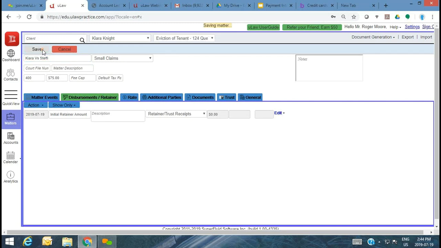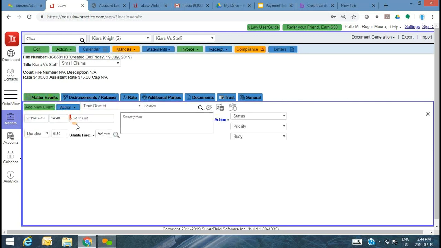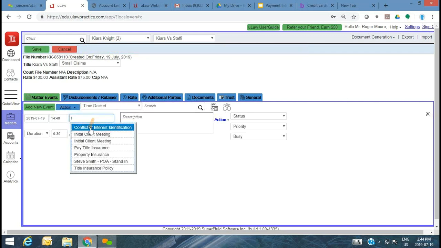For the same client, Kiara, just for the purposes of today's demo. So this is another matter. And let's assume for the purposes of demo again that there is no retainer involved, because some legal firms, for all the right reasons, don't necessarily have a trust account, or for this particular matter, maybe they don't want to take that retainer out. And let's assume you're just going to start docketing, put in the effort, generate the invoice, and then collect the payment. So let us say you did an initial meeting,